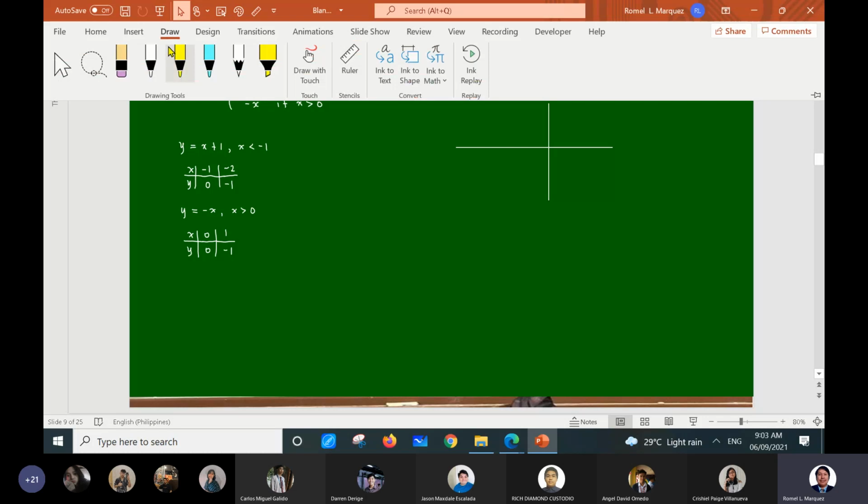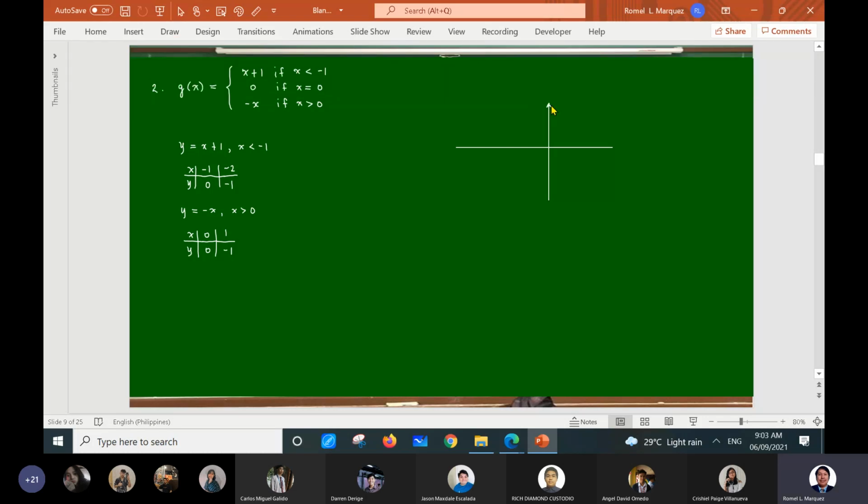So this is our y-axis, x-axis. 1, 2. 1, 2. Let's have up to 3. Negative 3, negative 4, negative 2. 1, 2, 3. This is 3, 1. On the y-axis, positive 1, positive 2, negative 2,